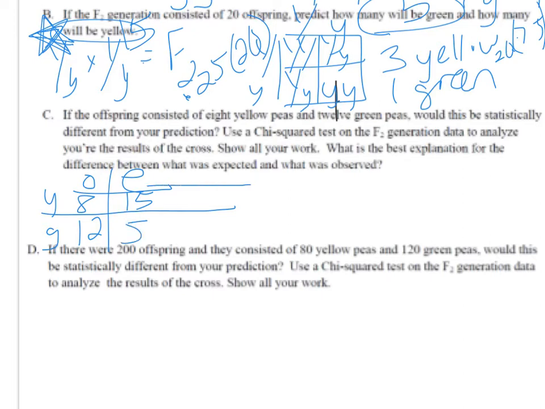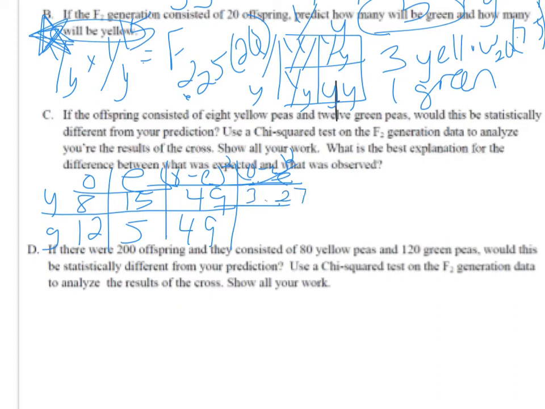So now I just plug that in, right? O minus E squared, and then divide that answer by E. Okay, so I just plug that in. So I get 8 minus 15 squared is 7 squared, so 49. Same here, 12 minus 5 squared. 12 minus 5 is 7, squared is 49. So then I divide that by E, and I'm going to get 49 divided by 15, which is